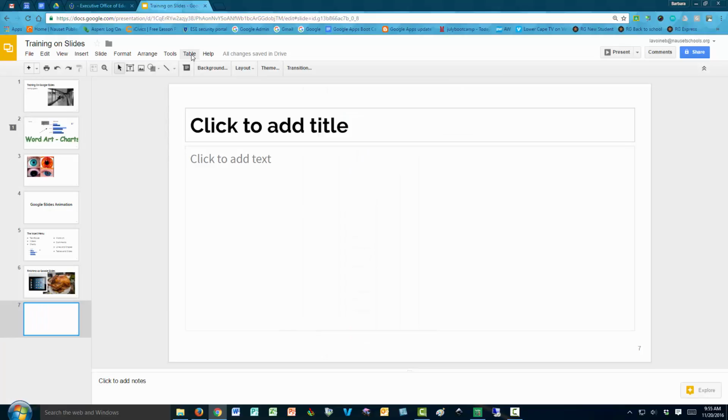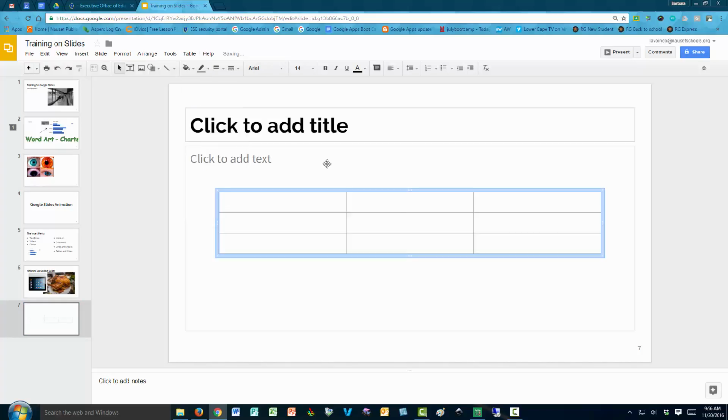So our last menu, or next to last menu, is the table menu. And this is pretty basic as well. When you insert a table, you can choose the number of columns and rows just by selecting according to the blocks that you have here. So if we were to select a 3 by 3, notice that we have 3 columns with 3 rows. Once I click in any column, I can begin to type my information, and I simply tab over